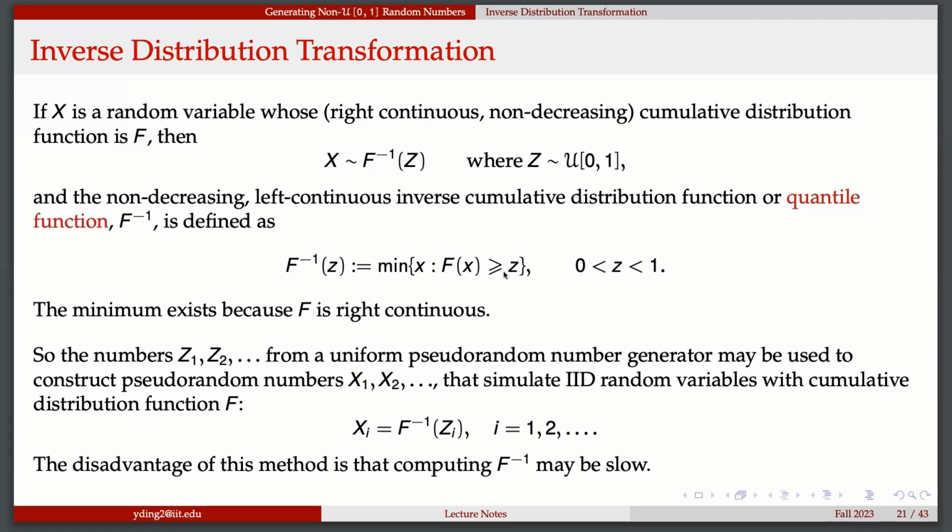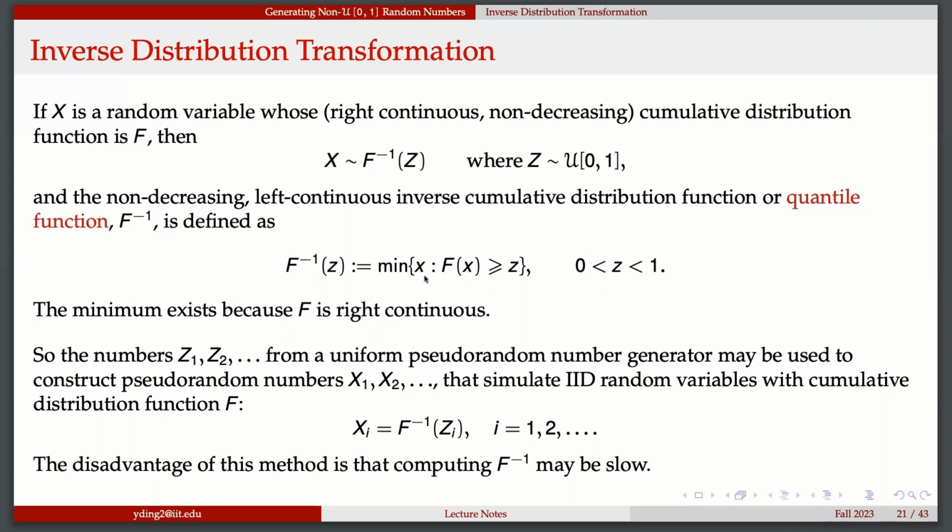We will see some examples, both discrete and continuous. Continuous will be a little bit easier, because you do the integration, find the distribution function, and do the inverse. But if it's discrete, then sometimes you need to figure out a way to construct the mapping, because it will be a little different. Okay, we'll see that. So that's why we hope this is right continuous.